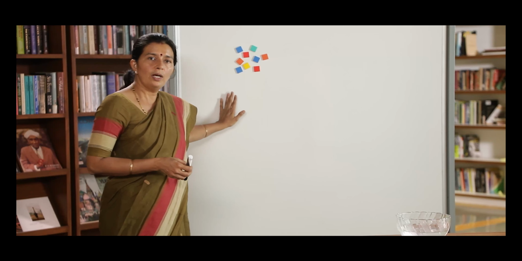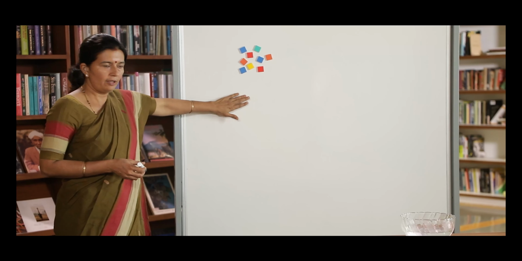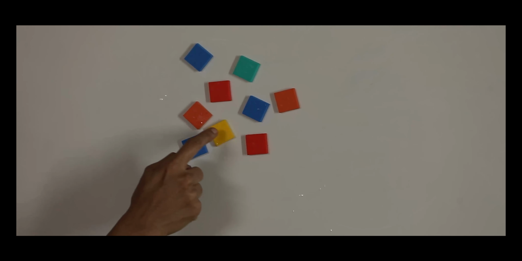Now, the concept of forward counting, that is counting in a sequence. This may not be difficult for children because that's how they have learnt it. But reverse counting might be slow in understanding because it might not be very easy for them. Here we have 9 counters stuck on the board. Let us count them. 1, 2, 3, 4, 5, 6, 7, 8, 9. How many are there? We have 9, right?